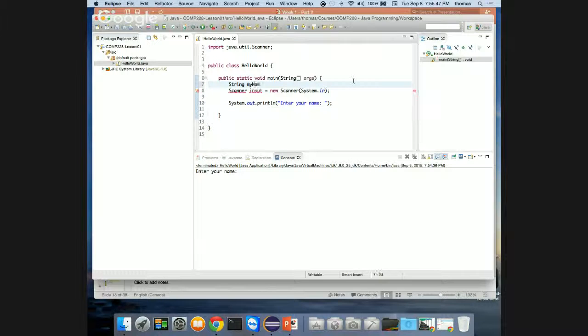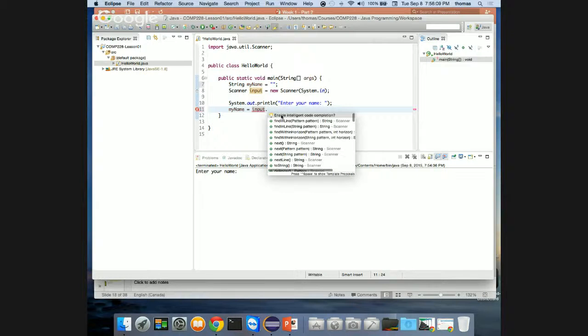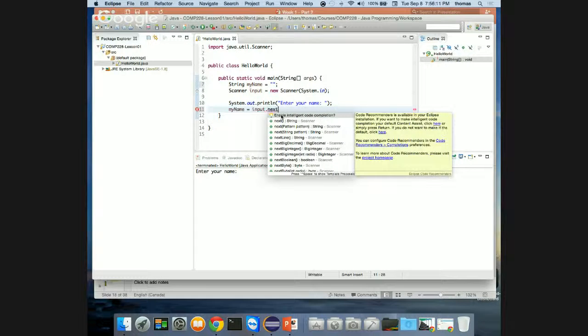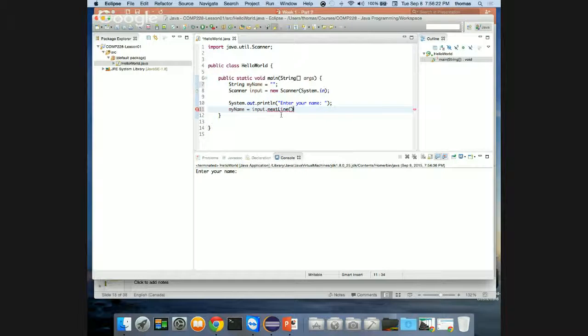String myName, and let's initialize it with an empty string, so we know it's an empty string. It's not being used right now, so we're going to say then myName is equal to input. If I just say input, is that enough? If I go input dot next, how about just next? Next line. Yeah, next one. See all the different signatures that I'm getting? Let's try nextLine. Okay, if I go input.nextLine, which is my name, now let's print out,